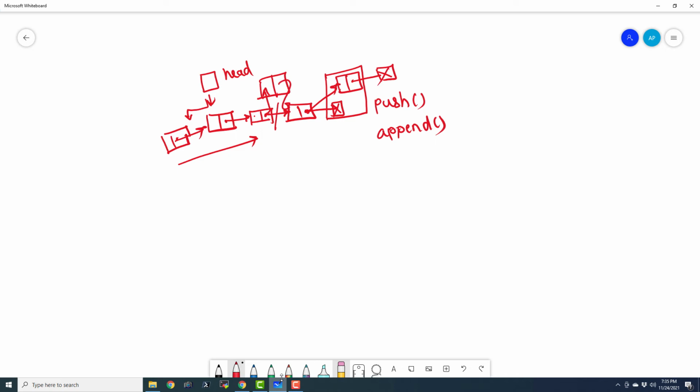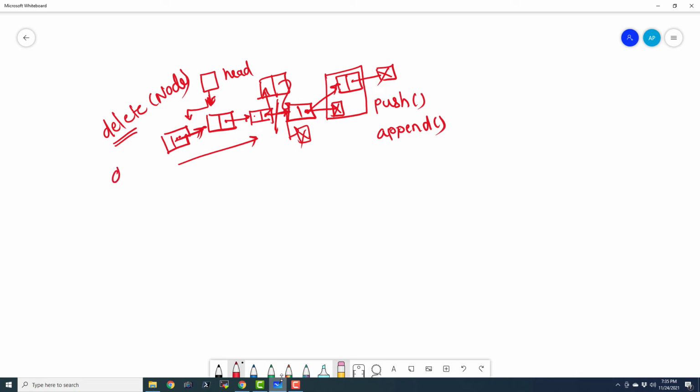So this is how we can add the data to a linked list, and removing the data is also very easy. We can just remove the last one by just severing this link and pointing it to null. We can remove the first one by again the same formula. We can just point the head to the earlier one, and then we have to make this thing null, and we have to use that del operator or delete thing to delete that particular node.